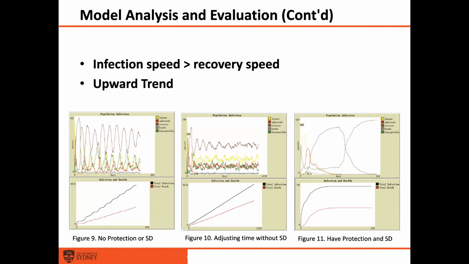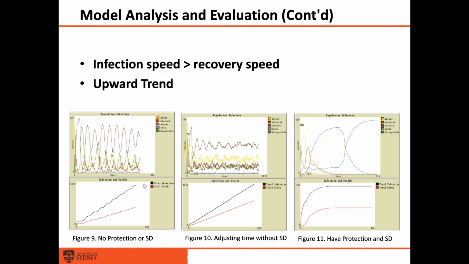This is because when the number of people who are susceptible is equal to the number who recover, it means that the number of people infected has been reduced to almost 0 and no new people can be infected. But in the other 2 plots, when the rate of infection is faster than the rate of recovery, it causes susceptible people to shift directly to infection rather than recovery at the point of latent, thus entering a new cycle again and again that leads to an upward trend in the total number of infections and deaths.